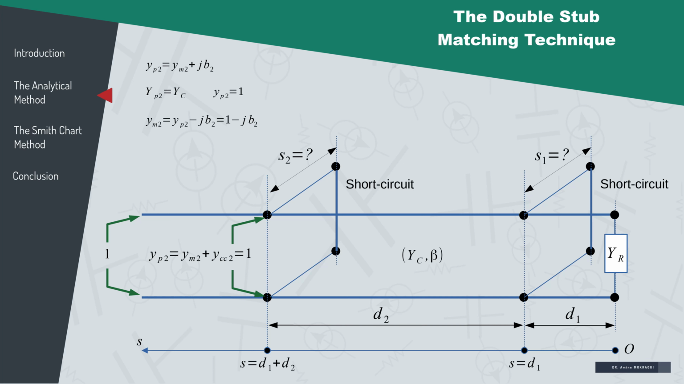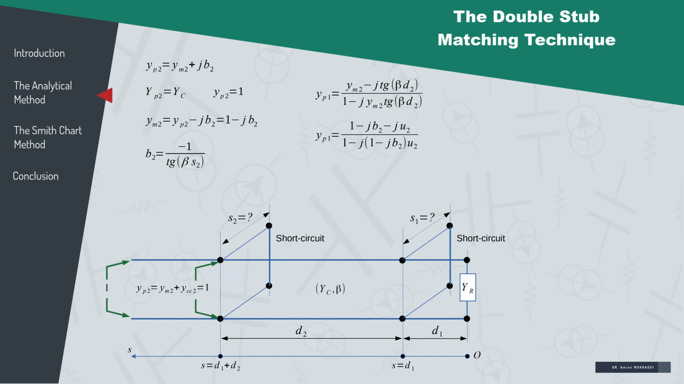We will use the following expression: B2 equals minus 1 divided by tangent beta S2. Knowing the expression of Ym2, it is possible to find a new expression of Yp1 by moving the latter by a distance D2 toward the load. Replacing the expression of Ym2 yields the new expression of Yp1, where U2 equals tangent beta D2, which is equal to